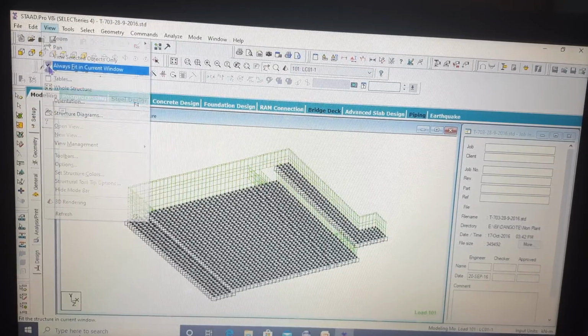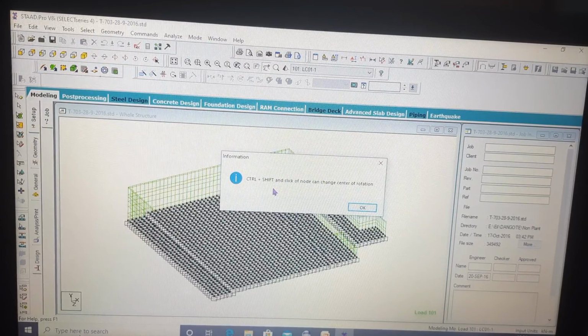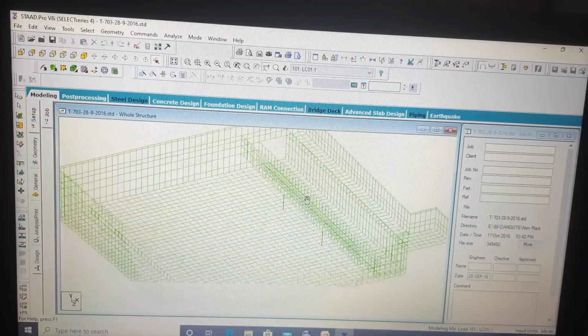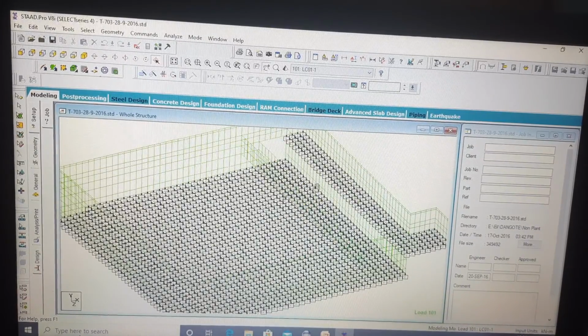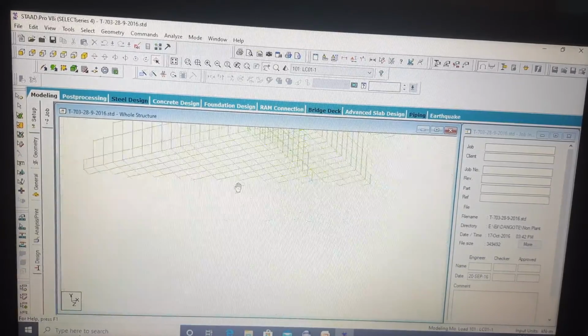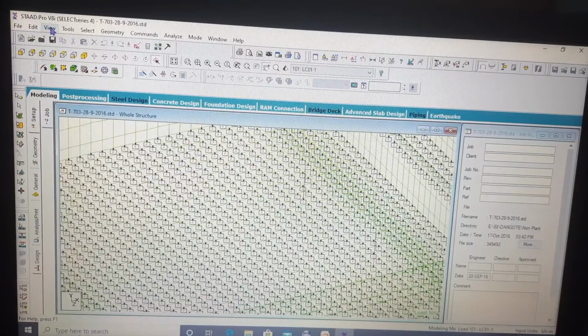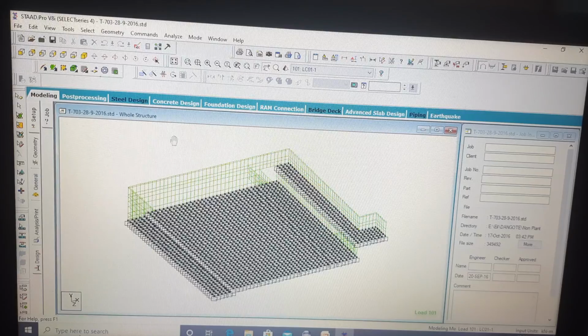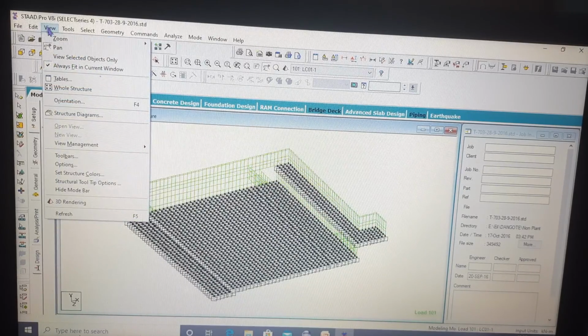This is a functionality related to adjusting your view. Say you have zoomed into a particular location and you want to go to the full view. You click on this button and the full view will appear here in your window frame. So this is the use of that thing.